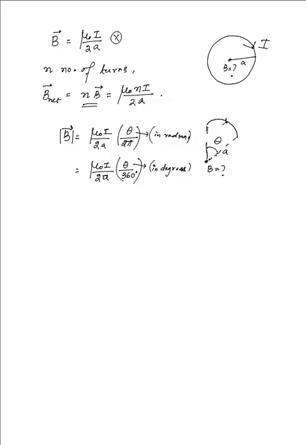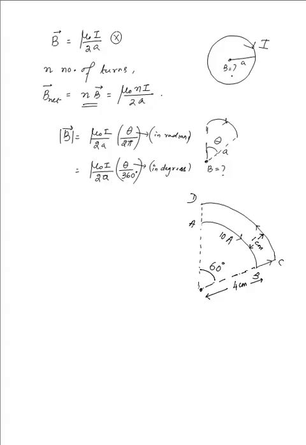Now let's use this to obtain the expression for the magnetic field, or rather calculate the magnetic field for given parameters in the next figure that I'm going to draw. Suppose we are given a current carrying wire in the form of two arcs that it has made as it has moved from the point A to the point B, and then from B over to C, and then back to D, and then somewhere it continues in the circuit. What we wish to determine is the magnetic field intensity at a point O, which is lying as shown